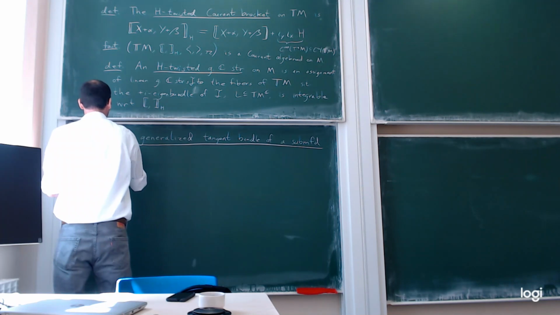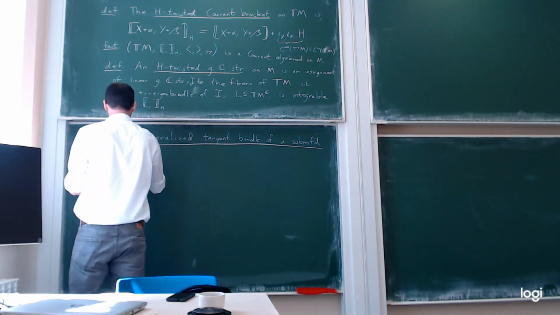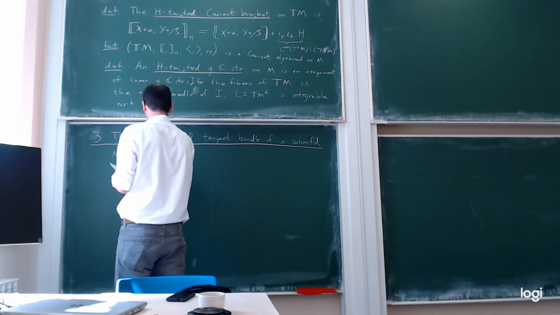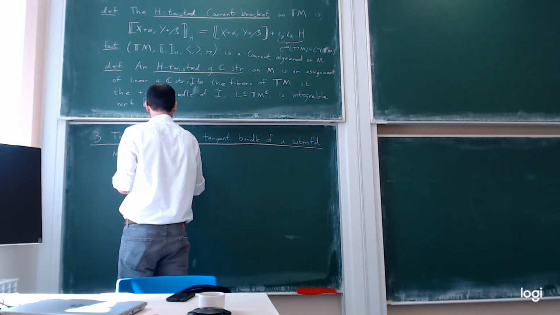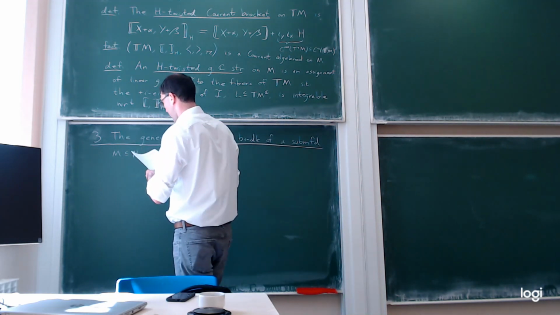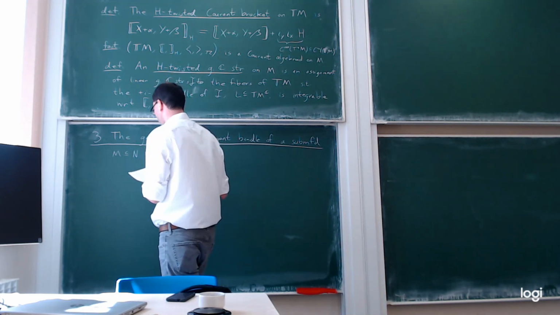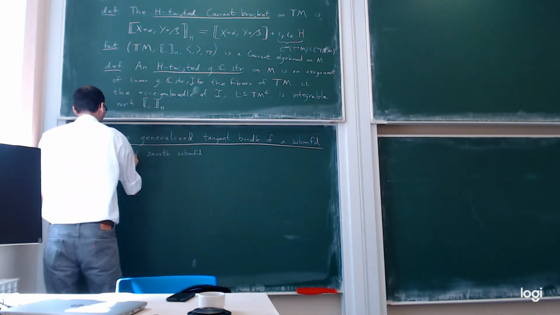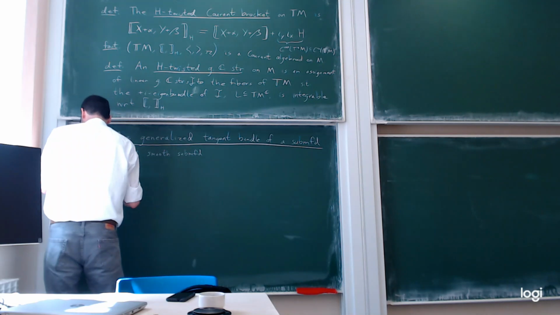Now we're going to let M be a smooth submanifold of N. And we define the generalized tangent bundle of M, or of this inclusion,